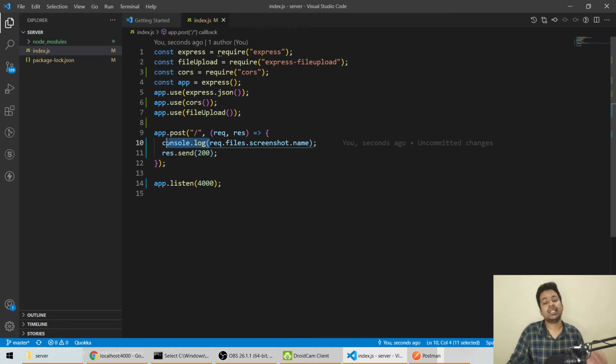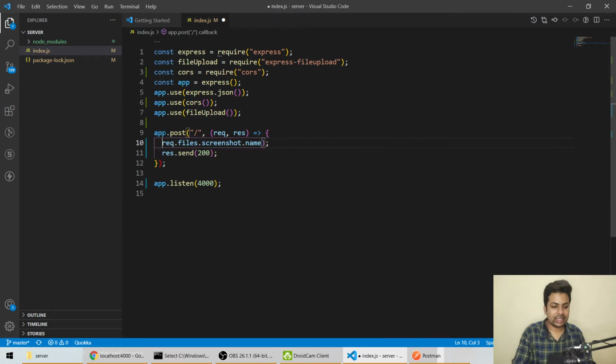So now everything is clear. Let's start to save this. We'll take it in a constant, fileName equal to the file name. I'm taking the file name because I have to save the file, and the original file should have some name.